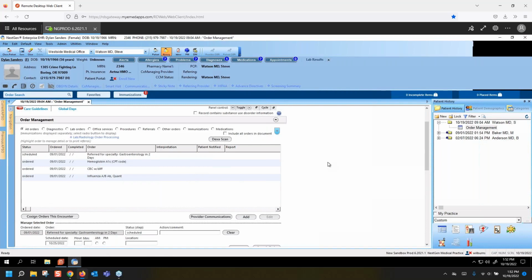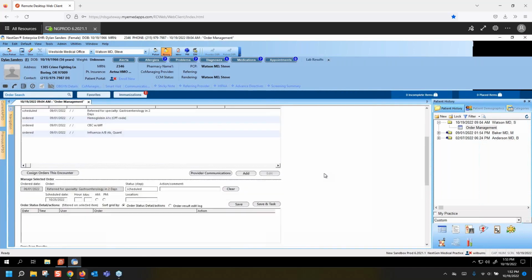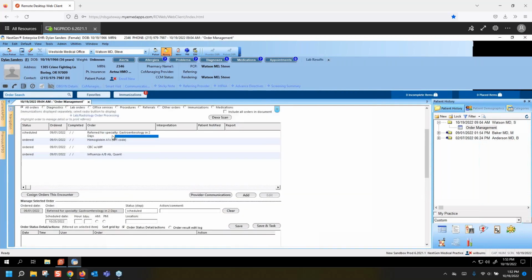All right. And then do the updates to the order drop into that tracking grid? Yes, the updates to the order would drop into the tracking grid just like it would for any other update